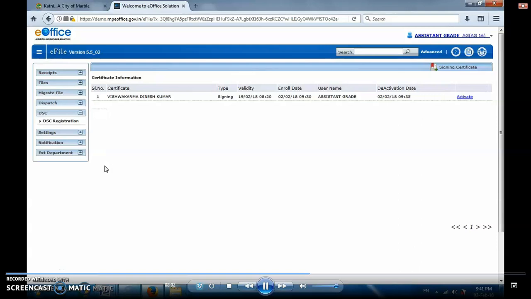We need to be careful, as I also do many of my internet related work on Chrome browser, but e-office related activities must be done on Internet Explorer or Mozilla Firefox. Internet Explorer is preferable, as in the latest versions of Mozilla Firefox support for Java is removed. There is one extended version of Mozilla Firefox available, ESR or something like that. If we use this ESR version, then e-office runs smoothly on that also.